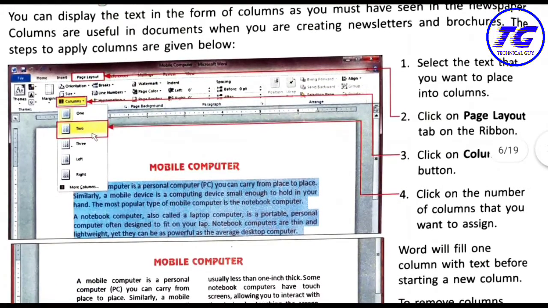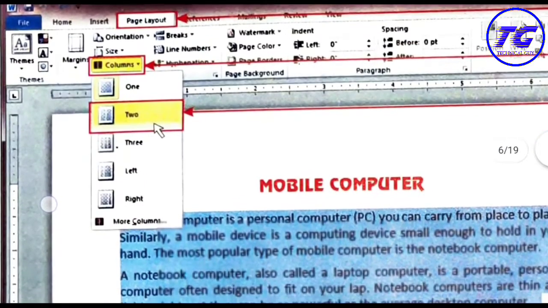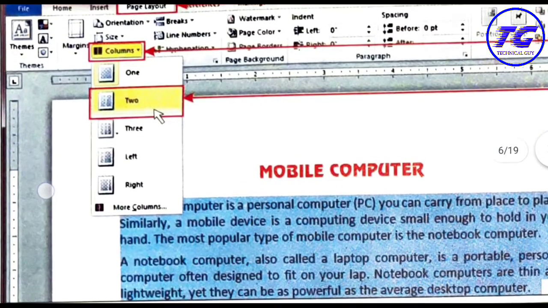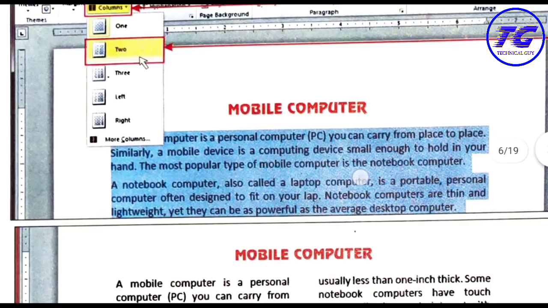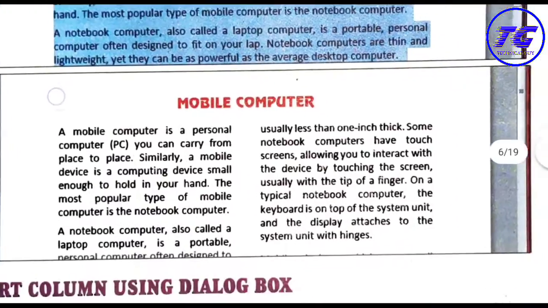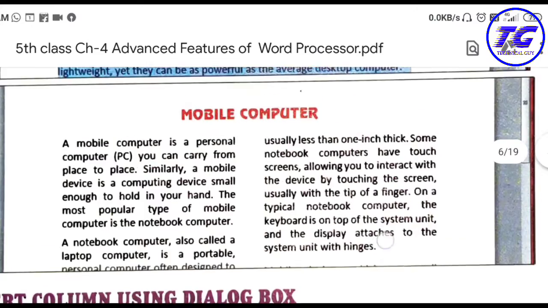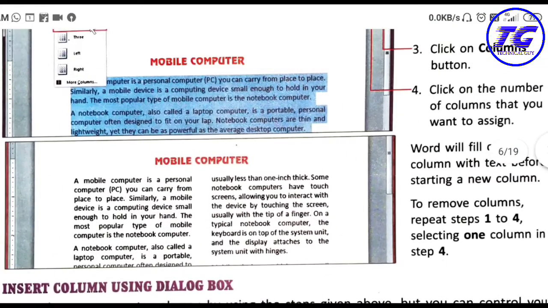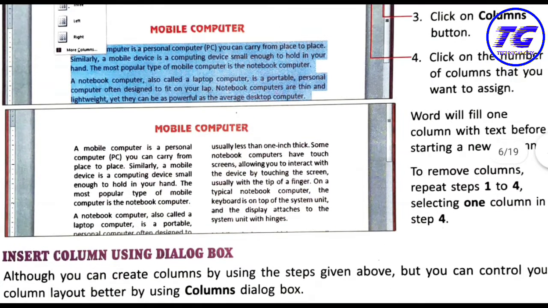Here page layout tab is there. In the page layout tab, columns feature is there, and under the column feature you have different settings like one column, two column, three column, left column, right column, or more columns option is there. You can click on any option. For example, this paragraph is written, select the paragraph and then select the column option and click on the two. You will see the paragraph is broken into two columns. So firstly the information will be filled in the first column, and when the first column is over, then the rest of text will be in the second column.